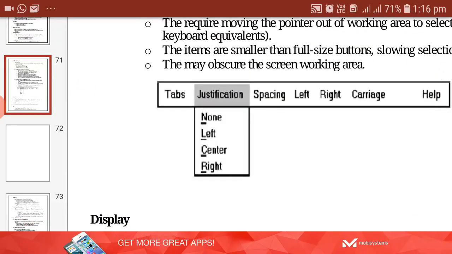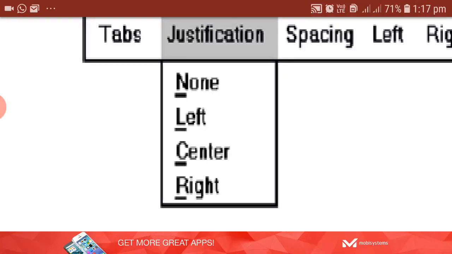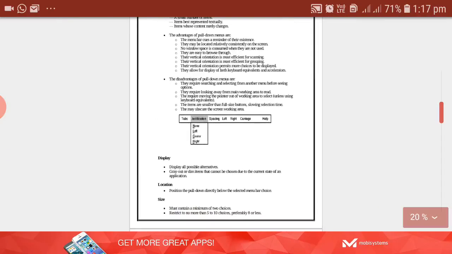See here, suppose N, L, C, R are all in the same column. They are starting in the same column. If you want to give the line below them, then you have to start from the same column and end where the longest choice description ends. Which has the longest choice description? There are 6 characters in center. So the longest choice description is center. Starting from the first column till R, even though there are only 4 characters in left, you have to extend your line till 6 columns, starting from L, because the longest choice description is center in this example. So that is what I meant.